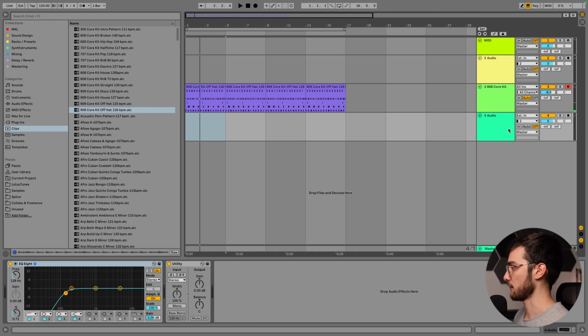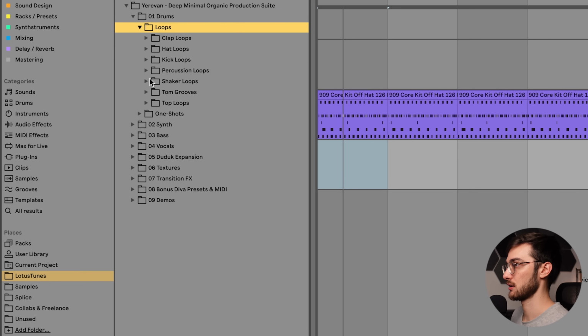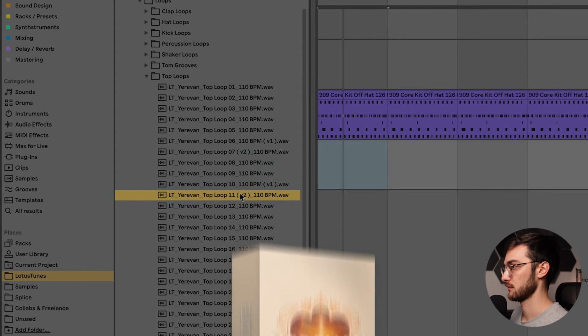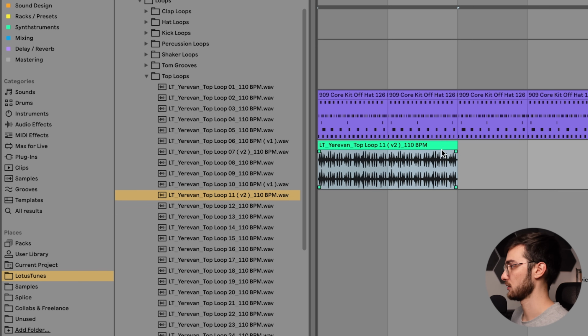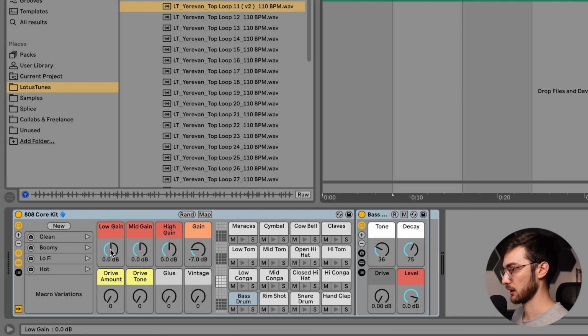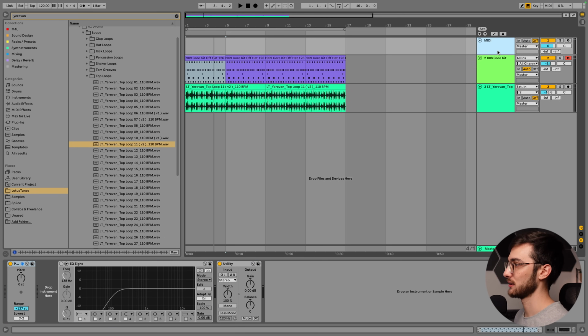And I'm going to chuck in a top loop just to make the groove feel a bit more organic. I have a couple of those in Yerevan. Let's go into top loops. Yeah, this one feels nice and full. Chuck it in there. Let's give the kick a bit more gain. Yeah, that feels cool. Okay, so we just quickly put ourselves a groove together,